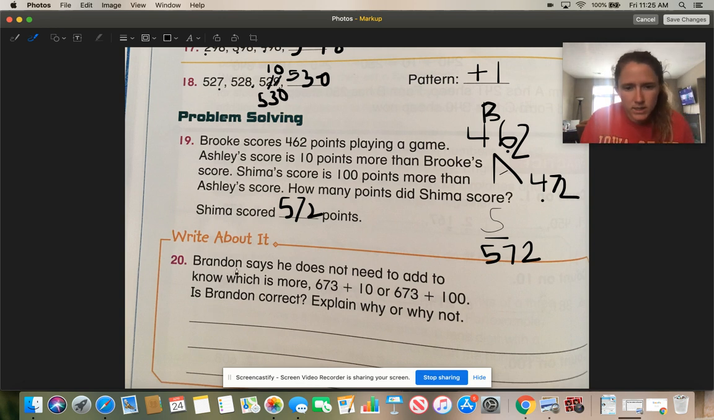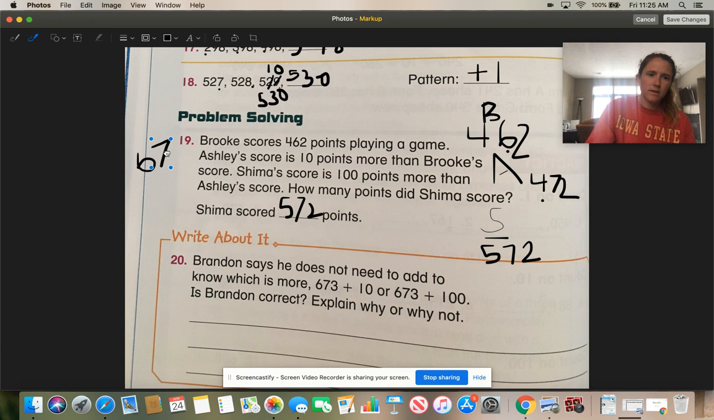Brandon says he does not need to add to know which is more. 673 plus 10 or 673 plus 100. Is Brandon correct? Explain why or why not. So Brandon says he does not need to add to know what is more. Well, that's kind of tricky. So technically, he does not have to add in the sense of like writing it on paper. He can do it in his head. He can mentally think, okay, 10 more would just be adding a 1 in the tens place. So adding, maybe the way you think of adding, like